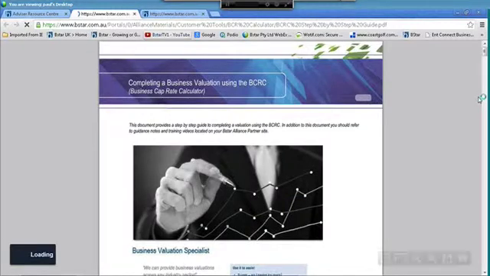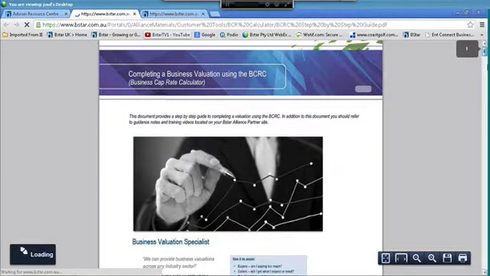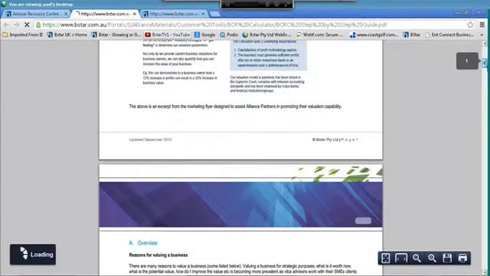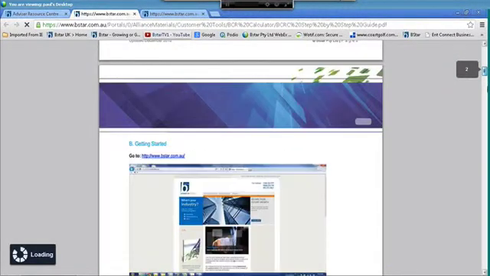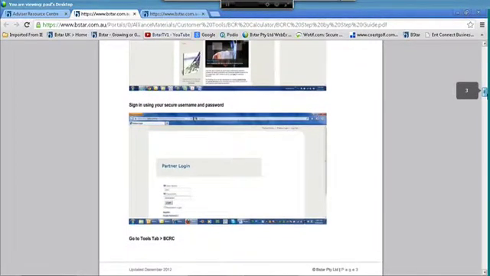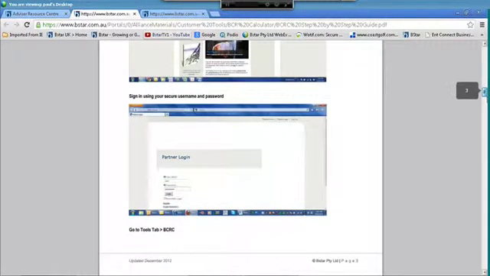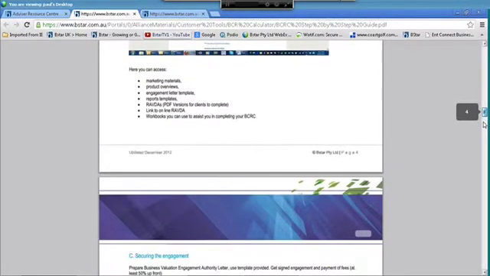So I suggest when you are completing valuations, particularly if it's your first one or two, download this document and follow it step-by-step so that you are making sure that you're ticking every box and following the process. It has a number of screenshots, as you can see. It shows you what you need to do, where you need to go, the information you need to collect, the assessment you need to complete from engagement,